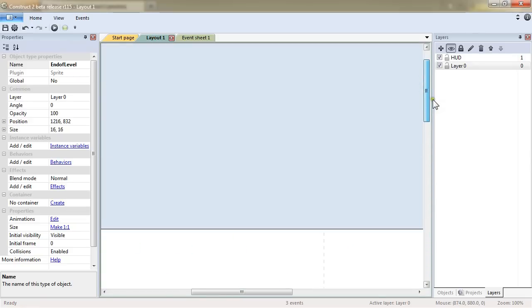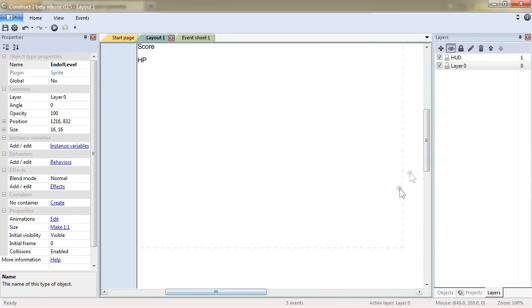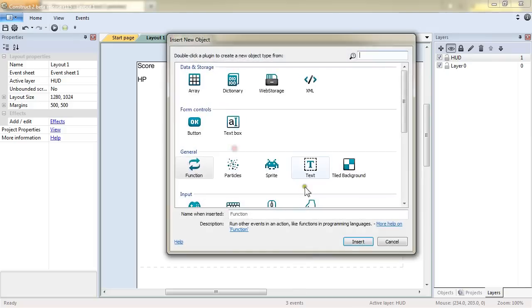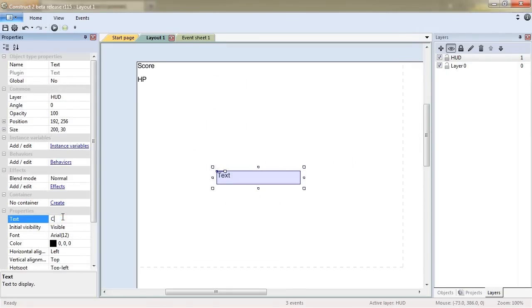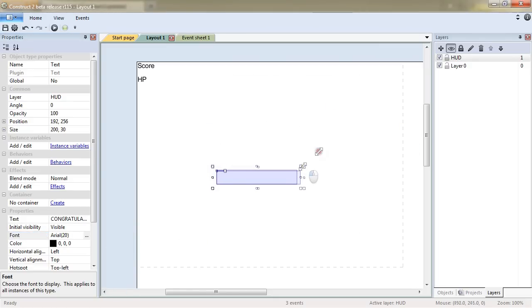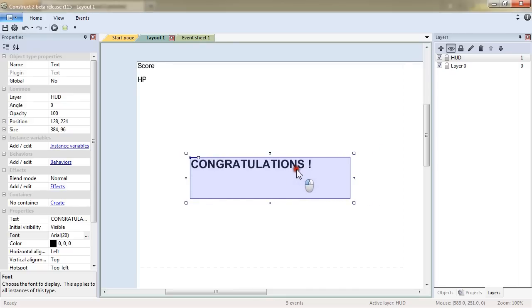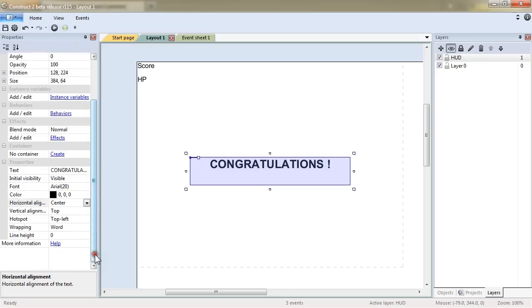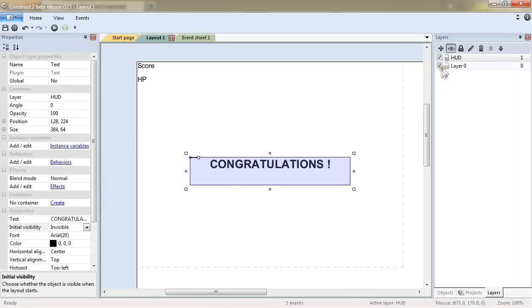So what I will do is add yet another object just right there in the HUD layer. I will add a new text and congratulations. As I told you, it's very, very simple. So I will put it in bold, big font size, move it, yes, that's about it. I will center it, that's okay, and I will also set it to invisible, because I want this text object to only appear once the end level is reached, and as it's in HUD layer, it will appear in the middle of the screen. We'll rename it to TXT Congrats, and there I will